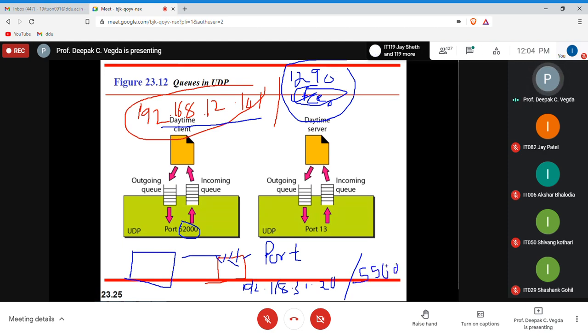So the request will be from this, and the request will be to this, and this entire thing is known as a socket. You might have heard the word socket programming. This is how you access a particular process from a particular machine.